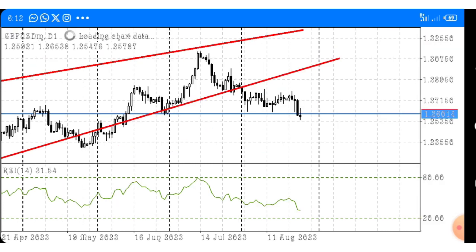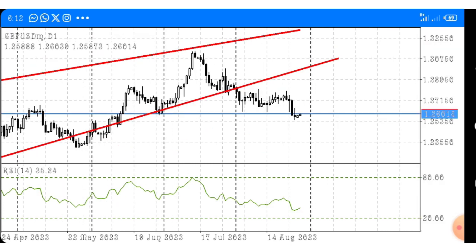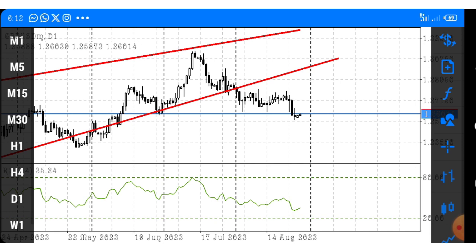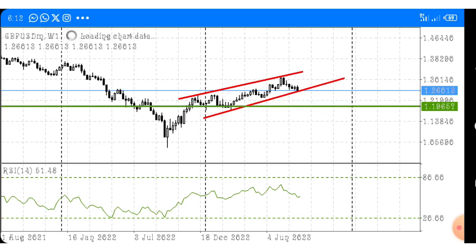GBP USD. Perfect. Yes, so they are almost the same. GBP USD with Euro USD, you move almost the same way. So this is the